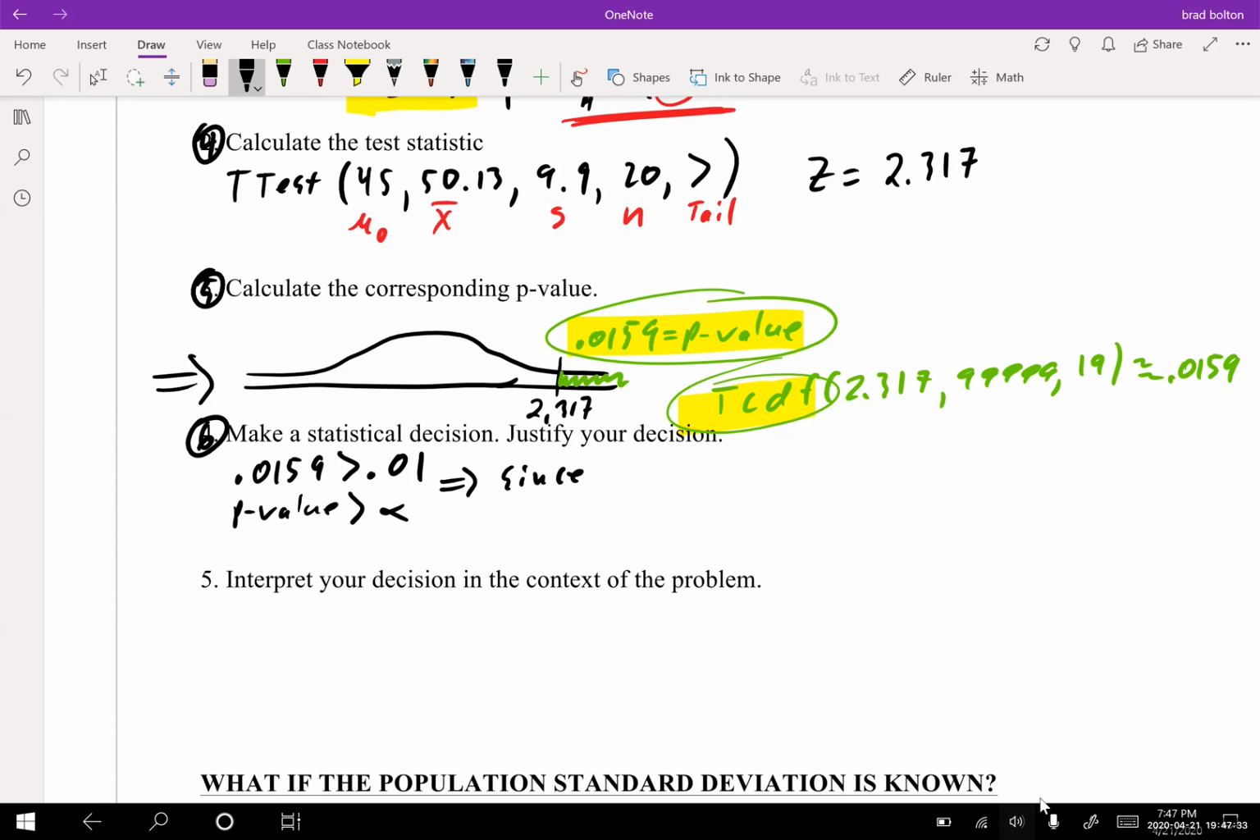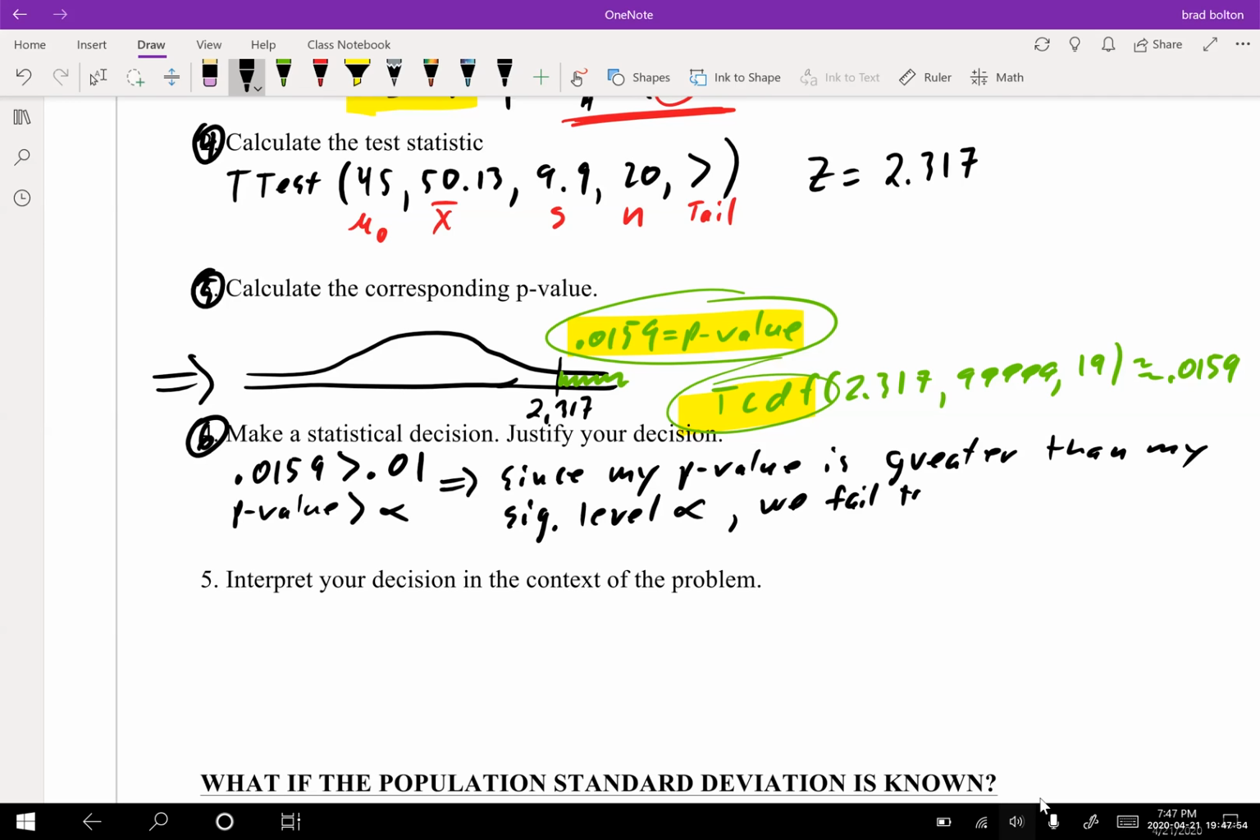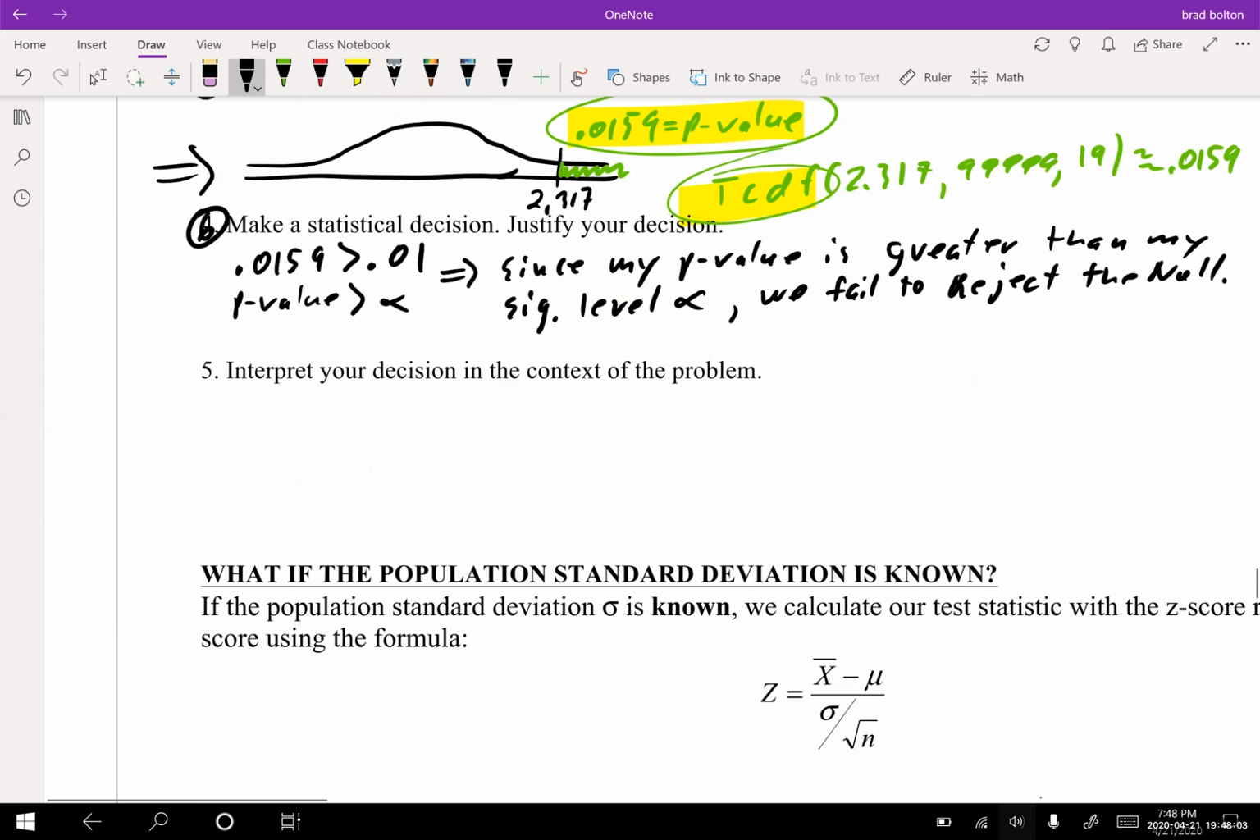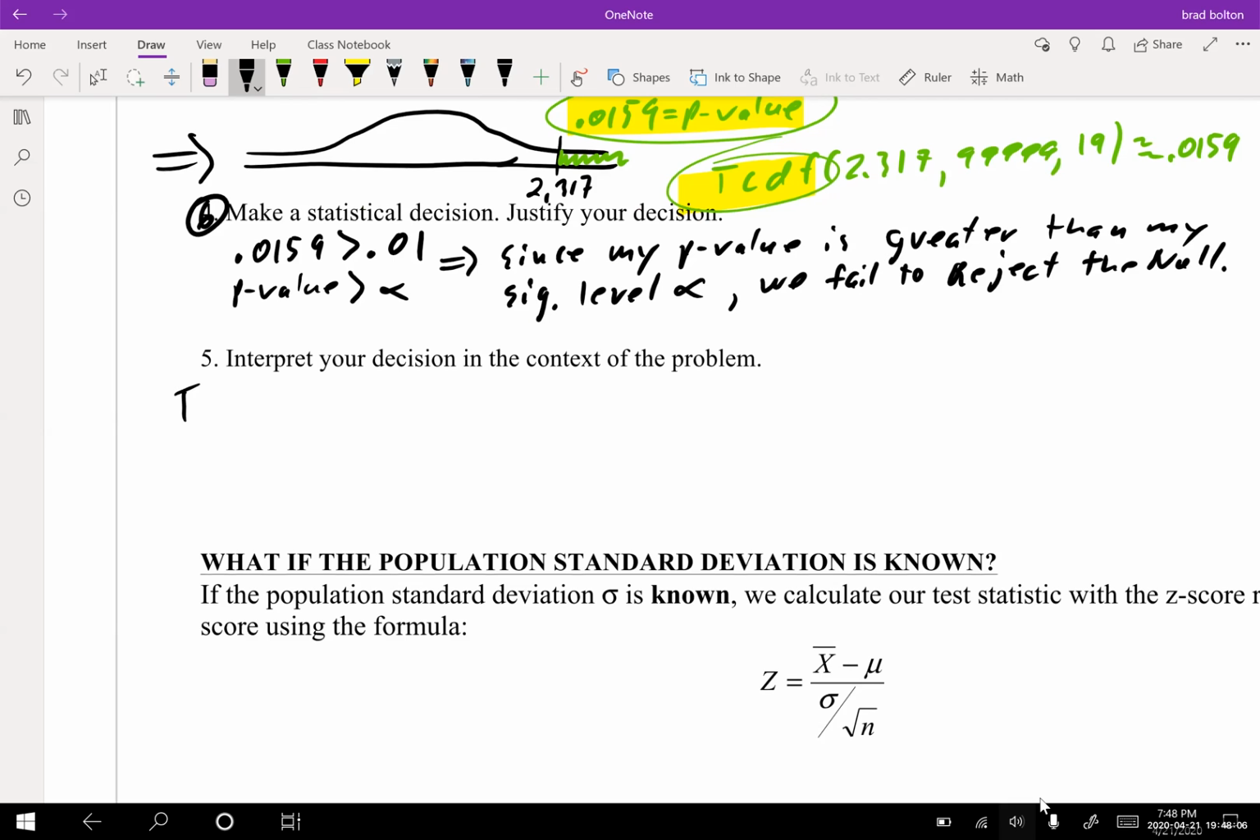This means, since my p-value is greater than my significance level, alpha, we fail to reject the null. Okay, so in this final step, we're going to go back to our template: there is insufficient evidence